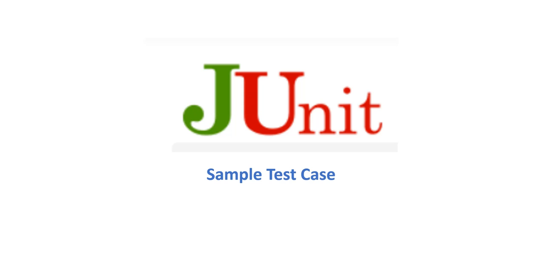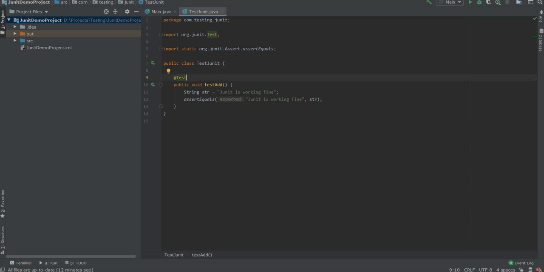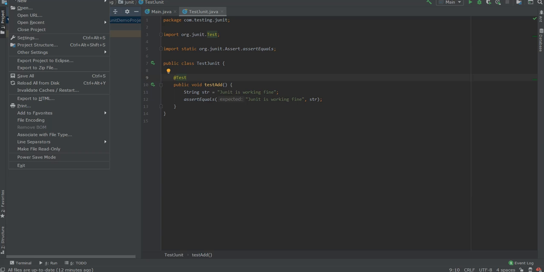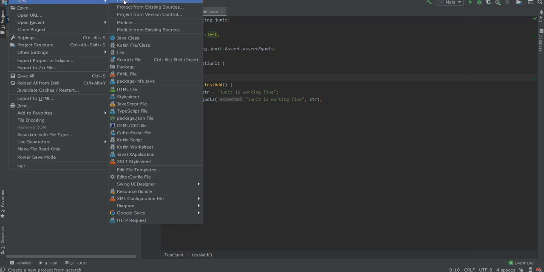In this video, we'll look at creating a sample JUnit test case. I'll use the IntelliJ editor, so let's create a simple Java project. I'll go to File, and I'm going to create a new one. File, New Project,